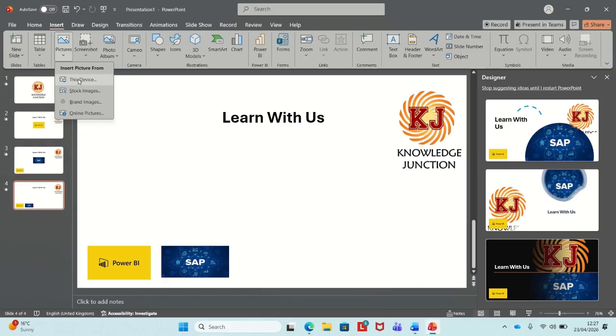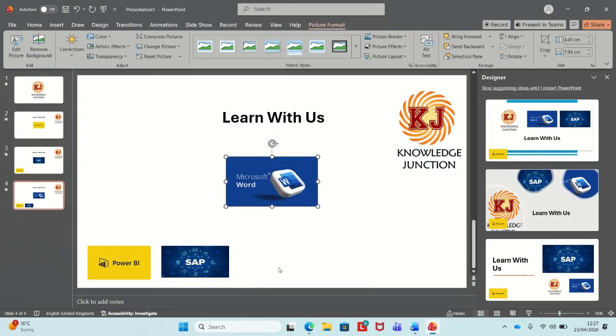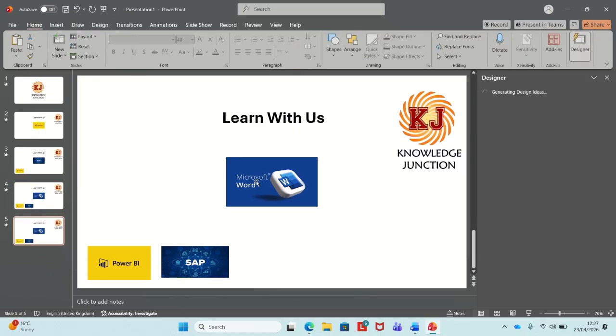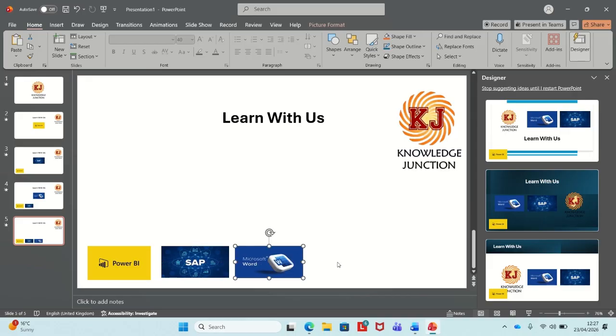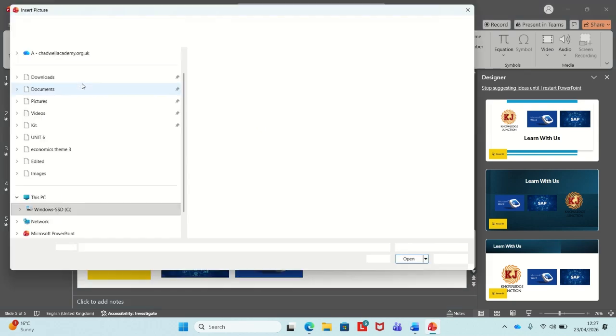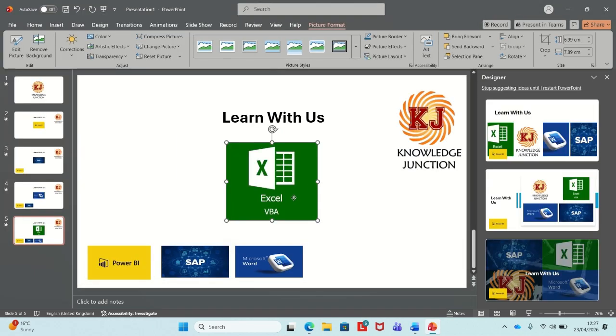Let's add a picture from this device. Maybe we say MS Word, like this, right? Okay, maybe we can just add one more picture. So this is over here like this, and we can add another slide, another picture from here. Very easy. Let's say Excel VBA, and